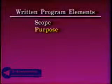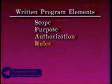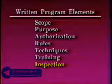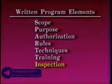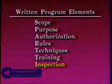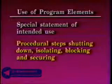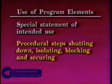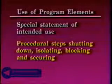A written program shall clearly and specifically outline the scope, purpose, authorization, rules, techniques, training, and inspection. Program elements utilized for the control of hazardous energy and the means to enforce compliance include, but are not limited to, the following: a specific statement of the intended use of the procedure, specific procedural steps for shutting down, isolating, blocking, and securing machines or equipment to control hazardous energy,